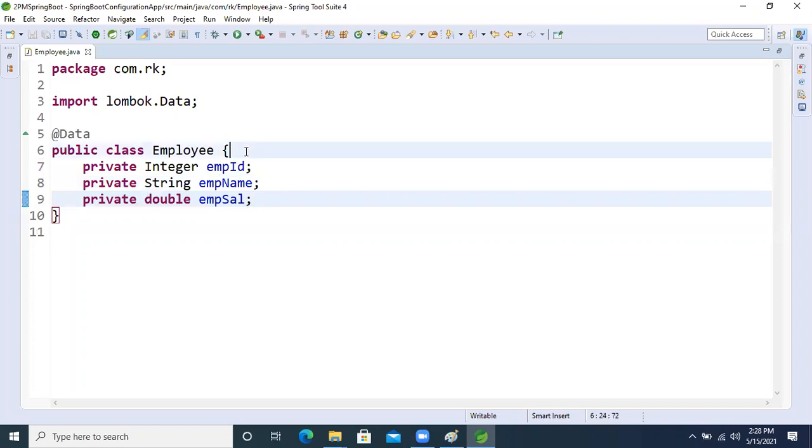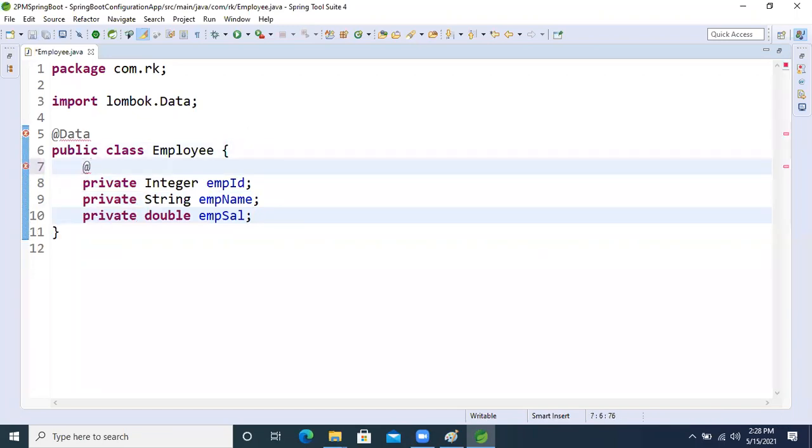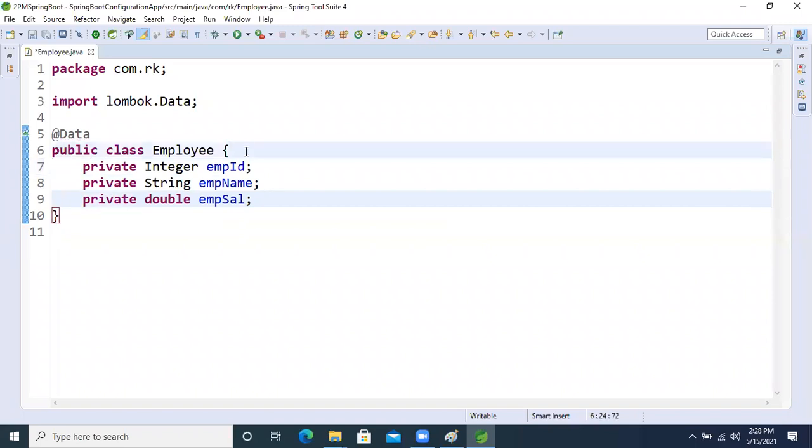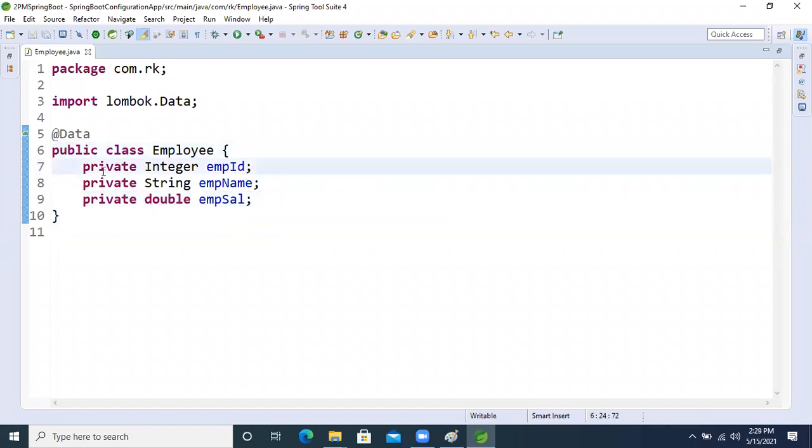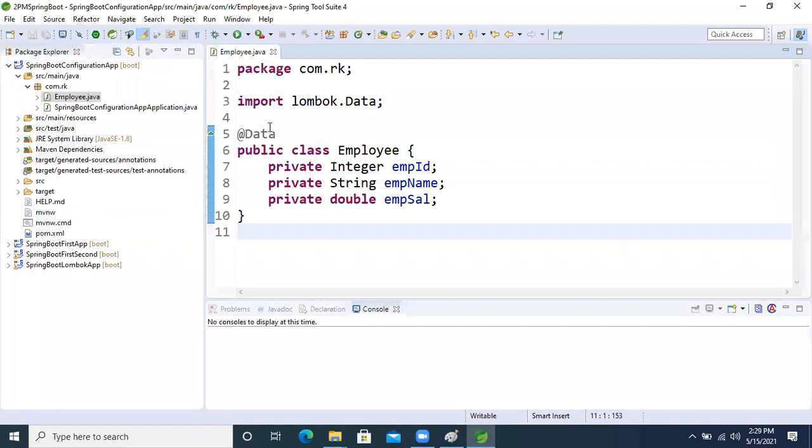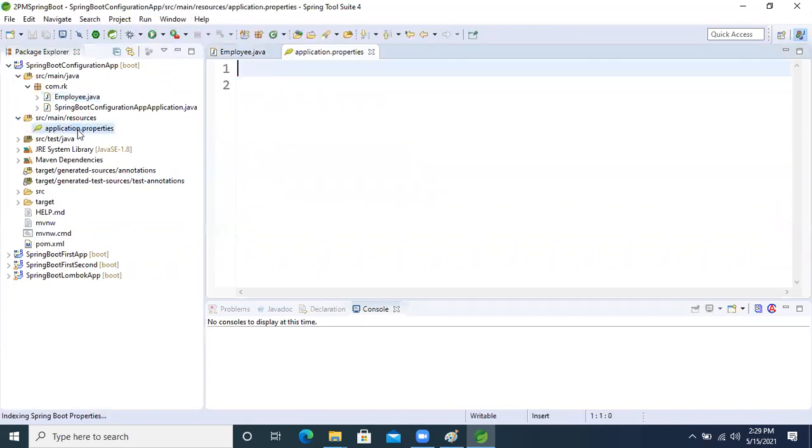Previously we were applying the @Value annotation on top. Now we are not going to work with the @Value annotation. Instead, we will open the property file.